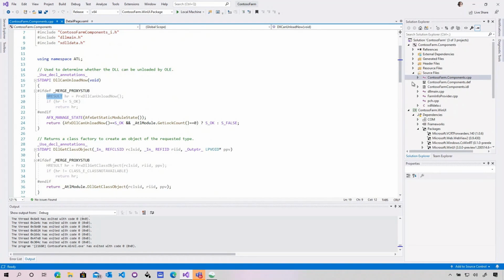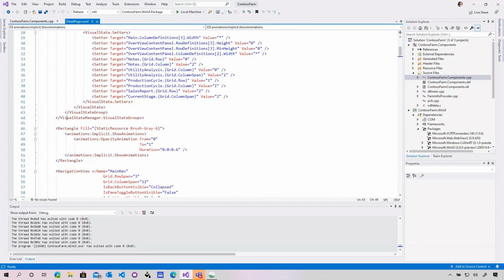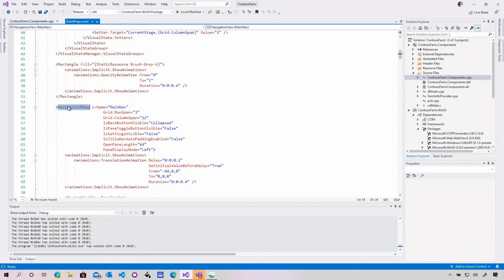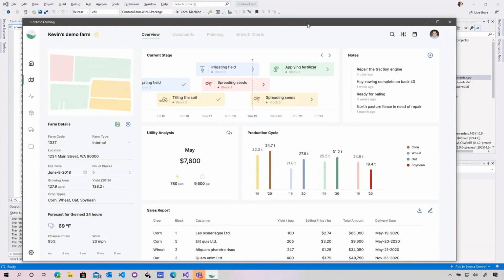And in the same exact solution, we're also using modern WinUI 3 XAML. You'll see things like Visual State Manager being used, navigation view, implicit animations. So a lot of the latest capabilities and controls all together in a single app. I'm going to switch to it, and you'll see I've got a modern, great looking app here.